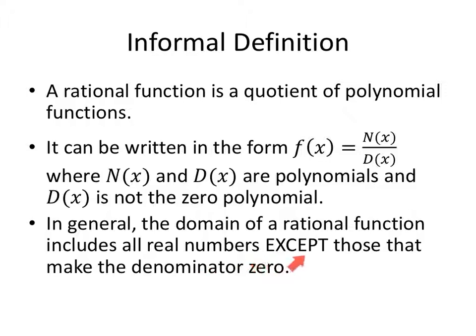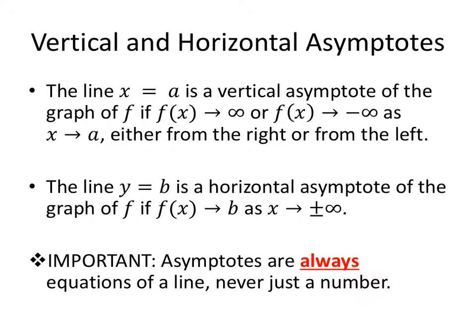In general, the domain of a rational function includes all real numbers except those that make the denominator zero. When it comes to rational functions, we have these things called asymptotes. The line x equals a, and it's a line, so it has to be the equation of a line, something on the left, an equal sign, and something on the right. The line x equals a is a vertical asymptote of the graph of f